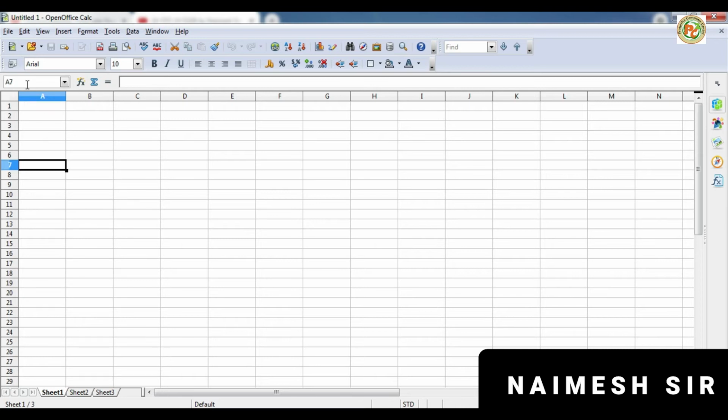Then, the cell which is highlighted or selected is called the active cell. Similarly, this is called the active sheet. Right now we are working on Sheet 1. In one workbook you can have different sheets, and by default three sheets, Sheet 1, Sheet 2 and Sheet 3, are available. If you want to insert another one, you can click on this blank area, and another sheet will appear. Like this.